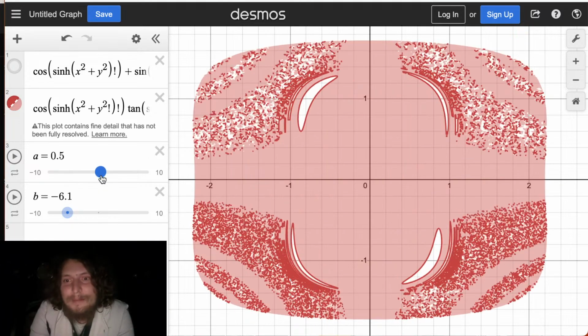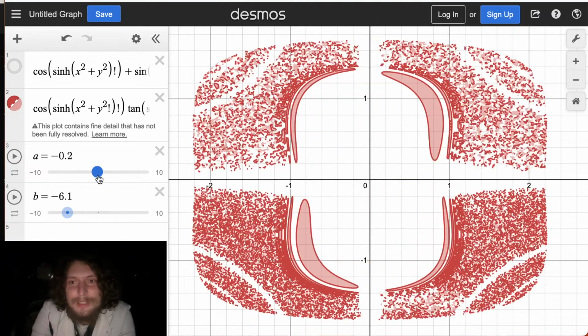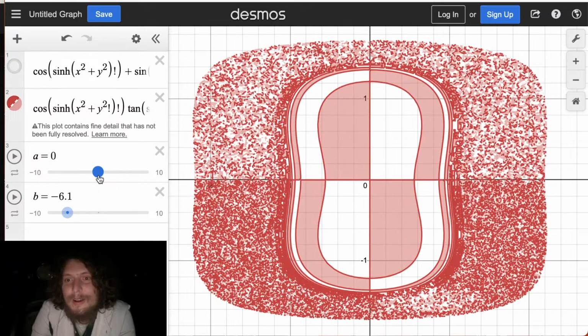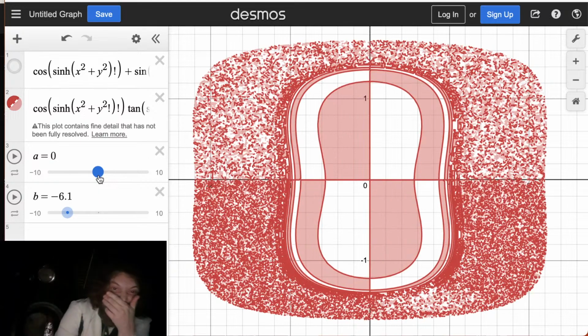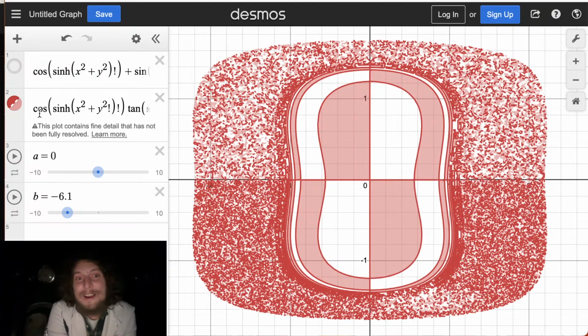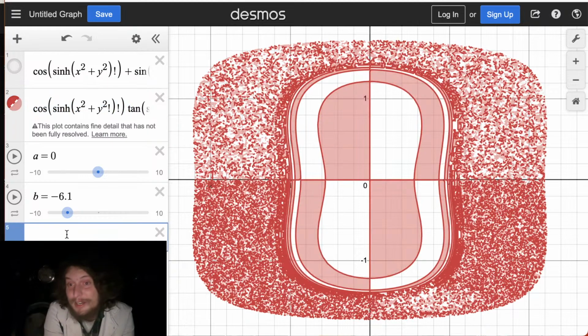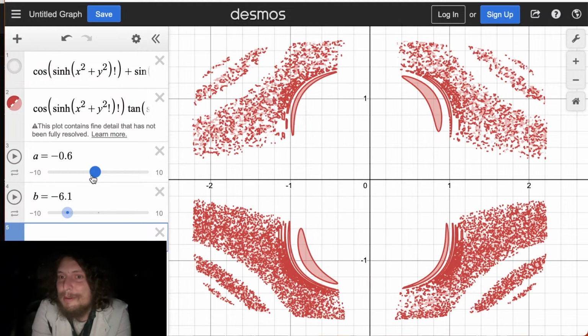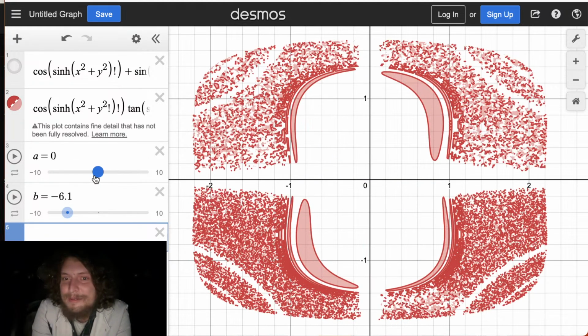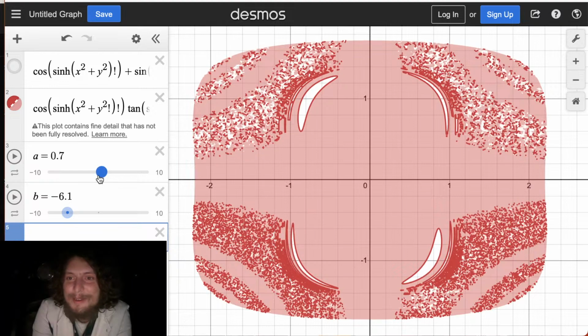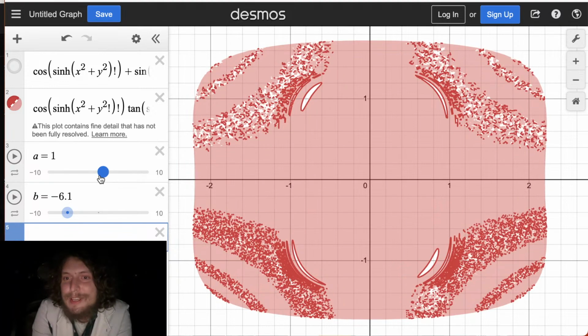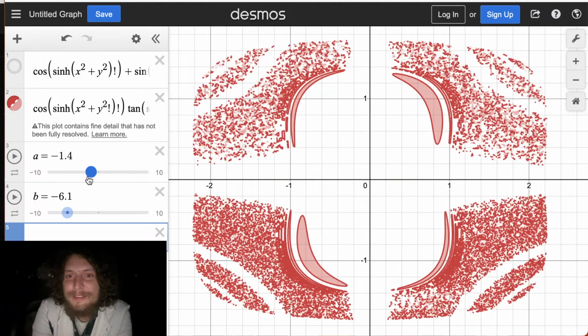Now, someday I am going to make a main combo class episode that explains a little more about what goes on when stuff like this is happening. Probably not with this equation, but with simpler versions of this, what's actually happening. And when I make that, I'm going to have to go through all the streams where I have done graphs and collect the best ones, because every time we do this, I find something I've never seen on a graph before.